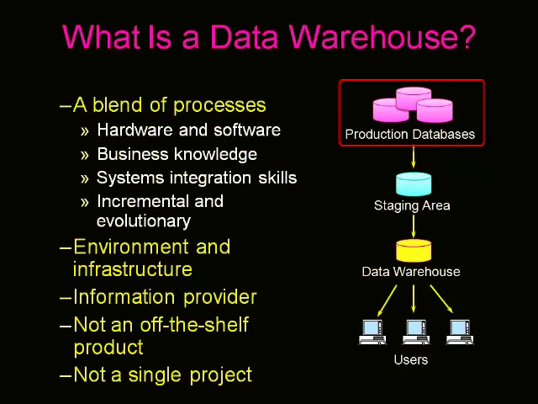We are collecting the data from all these sources, and then prior to building a repository, in between we are doing some processing, which we call the staging area. This staging area basically helps to clean the data, and then once the data warehouse is built, the data available in it is ready for users. Users can run the applications on this data warehouse. As I mentioned earlier, it is an environment and it requires a lot of infrastructure, and we can also say that a data warehouse can act as an information provider.